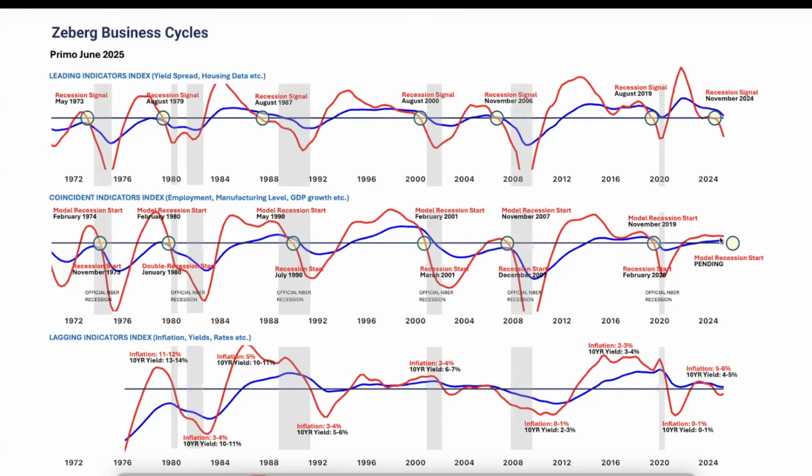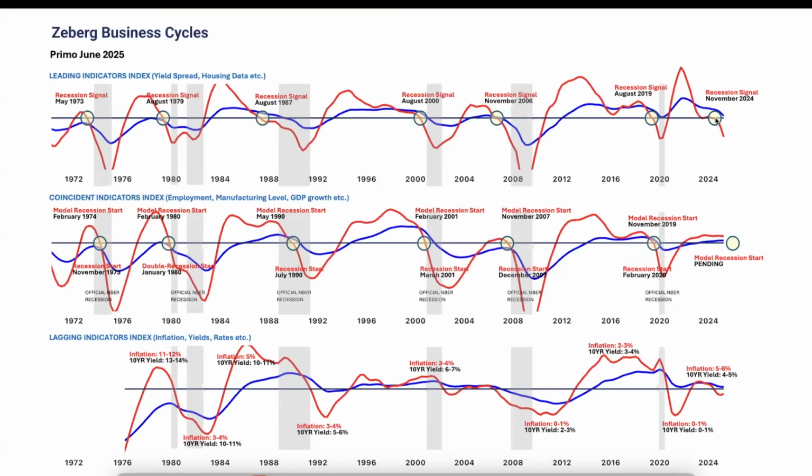It was a harder call, but if we look beneath the hood, it was still quite easy, because we did not see the deterioration in the economy that was needed. So this is not a timing tool, but it is a framework that will help you stay on the right side of the long-term trend. So where are we now? We have the crossover here, which means that we are heading into bad times.